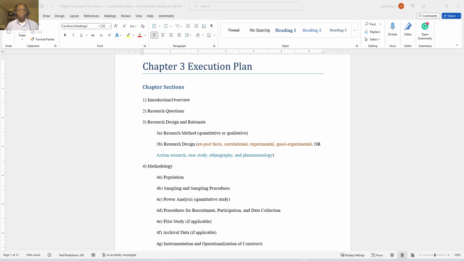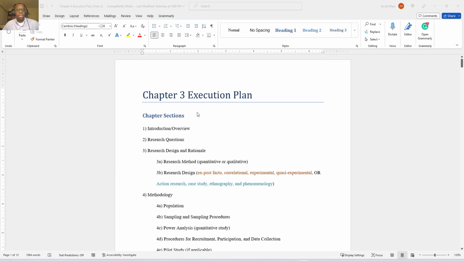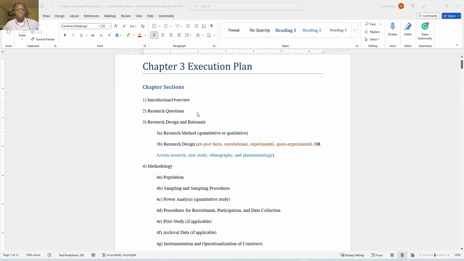All right, so this is an overview of chapter 3, the methodology. Okay, the methodology chapter. So there are 7 sections in this chapter. There's the introduction, there is the research questions, the research design and rationale, which covers the research method, quantitative or